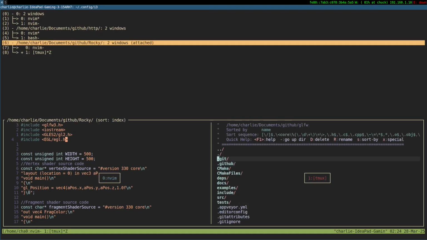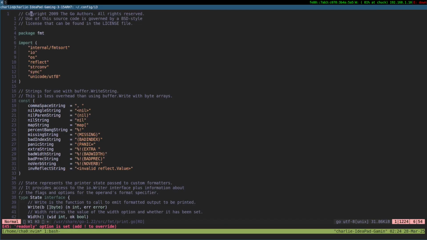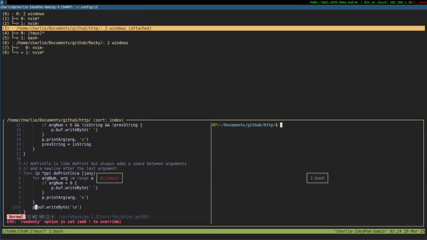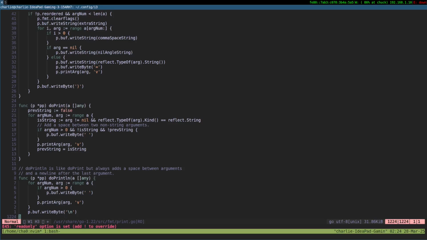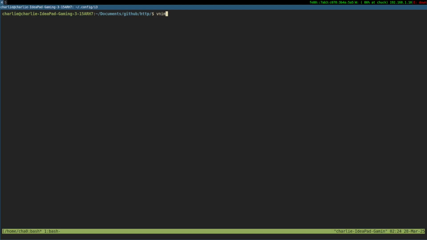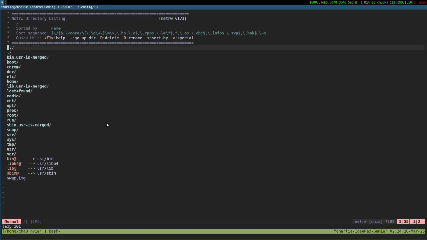Yep, grep seems to be working fine. I should write a fallback for it probably, but it's fine for now.